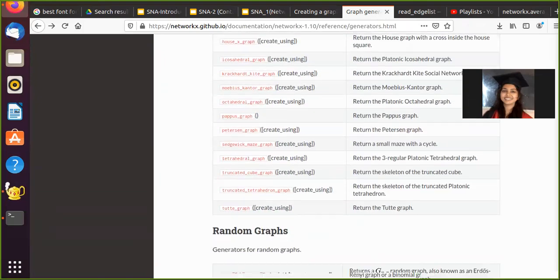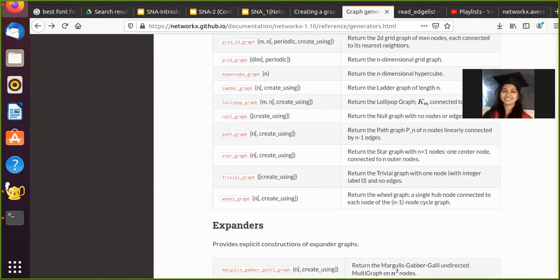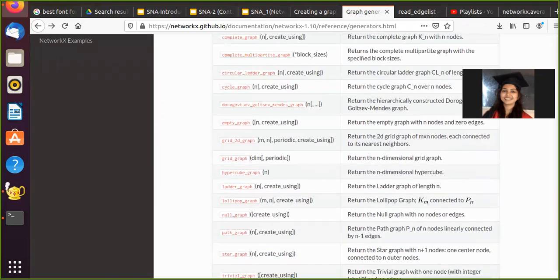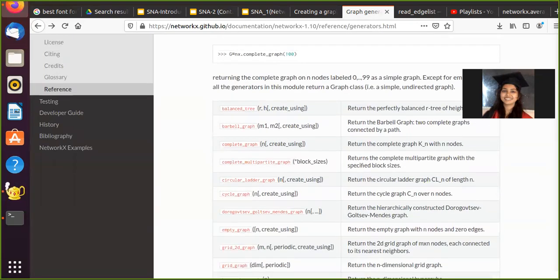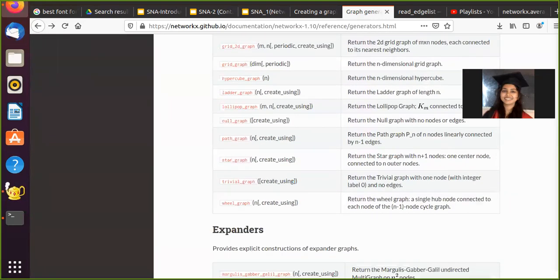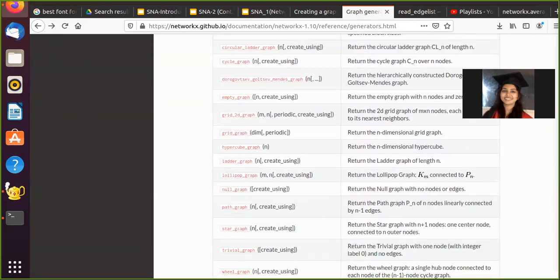I would suggest you explore this. We are going to talk about some of the important functions here. Just to give you an idea of how these functions work, I'll pick some random function from here and show you how it works.